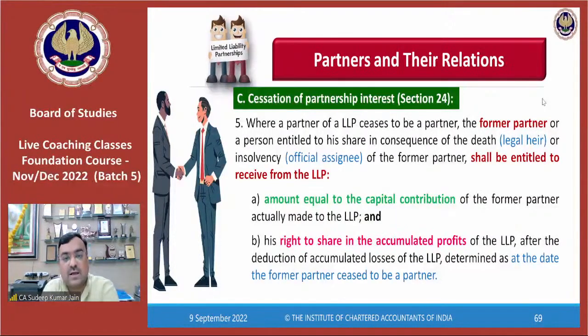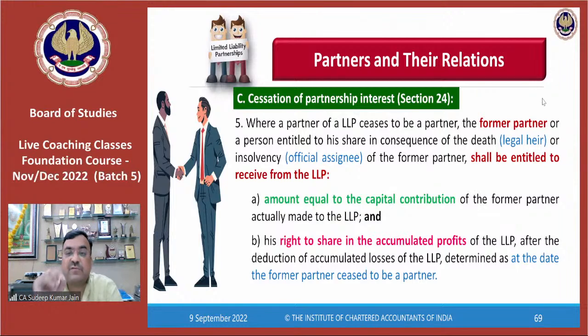We are talking about the cases where a partner ceases to be a partner of the LLP. If the partner is in existence, then the partner; if the partner is dead, then his legal heir; or if the partner is insolvent, then the official assignee will be entitled to